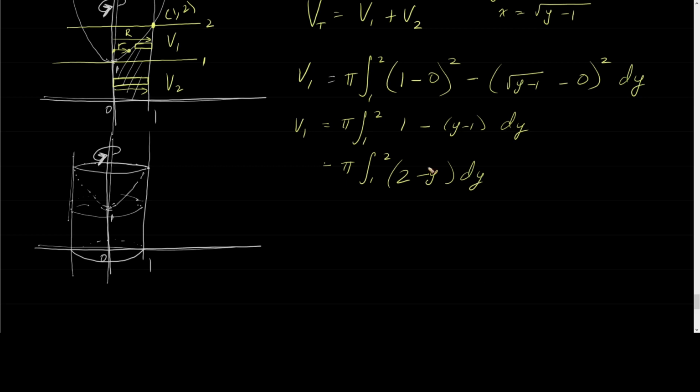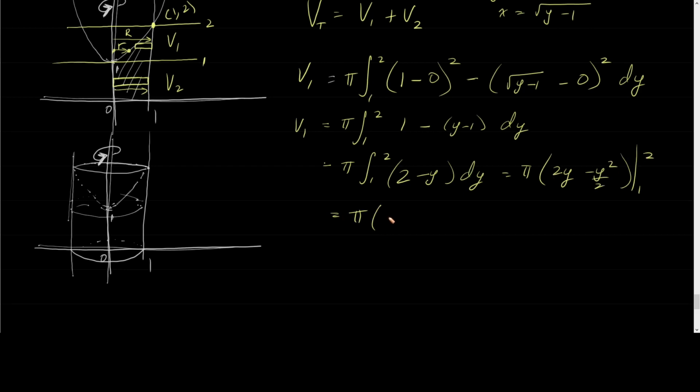And in here, what does that give me? This gives me pi times the integral of 2 is 2y. The integral of negative y is negative y squared over 2, evaluated from 1 to 2,